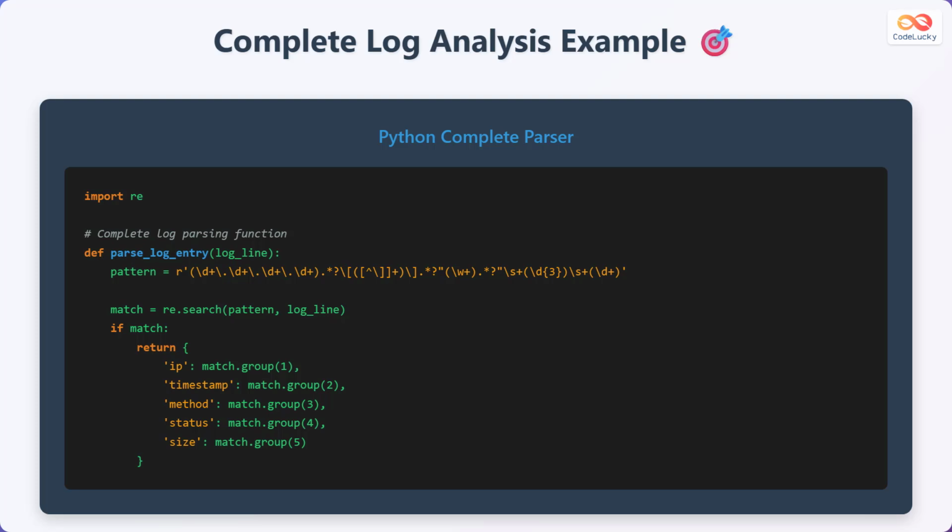Here's a complete log analysis example. Import the re module. Define the function parseLogEntry, which takes a log line as a parameter. Set the pattern to open parenthesis \d plus \. \d plus \. \d plus \. \d plus close parenthesis dot star question mark open square bracket open circumflex close square bracket plus close square bracket dot star